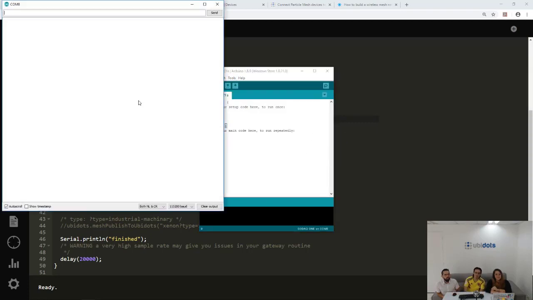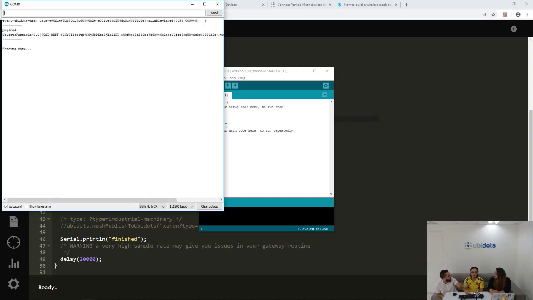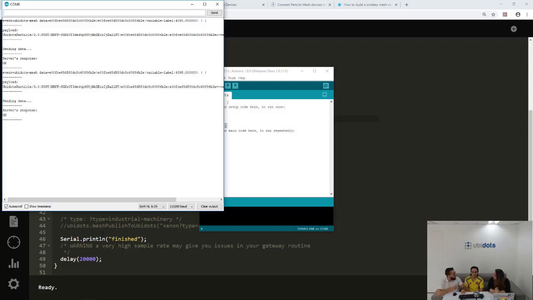So this device is sending every 20 seconds. That is really important. Why 20 seconds? Because Jose told me just this morning that sending data with a very high sample rate, less than 5 seconds, makes the Argon device, the gateway device, crash, because sometimes there are queued messages, and it starts queuing them in its memory. So once the memory is full,